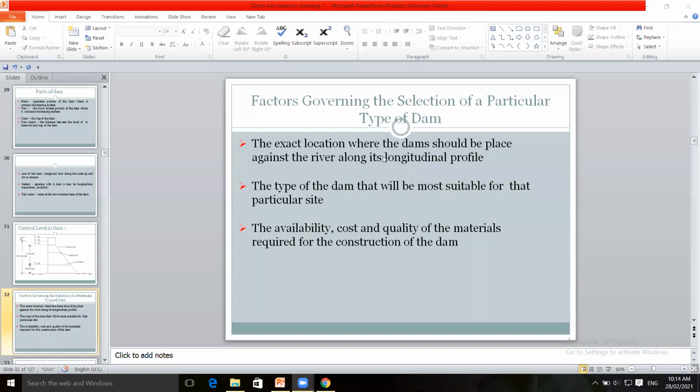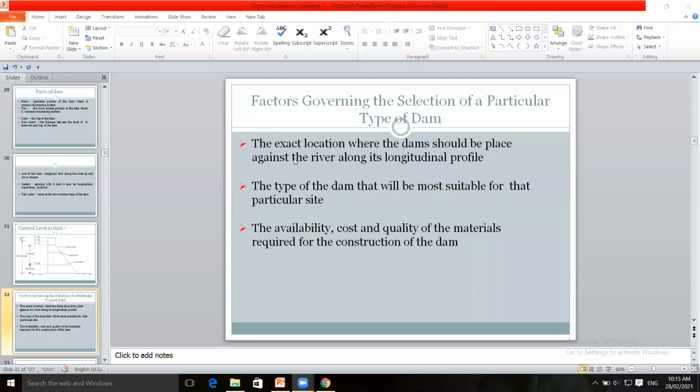So in that, for deciding any type of dam, it may be gravity dam or arch dam, or it may be buttress dam, etc. So which are the factors for the selection of the type of dam? Necessity, material availability, type of dam. It may be depending upon the material used. The type of dam is decided.